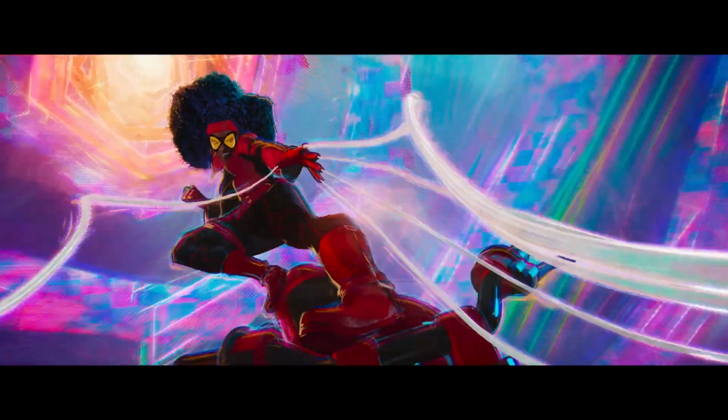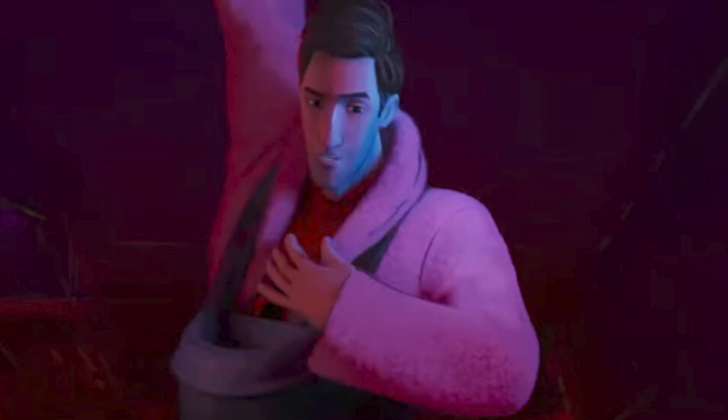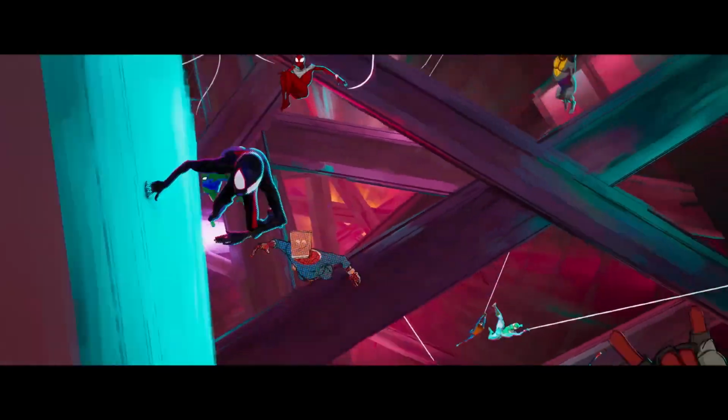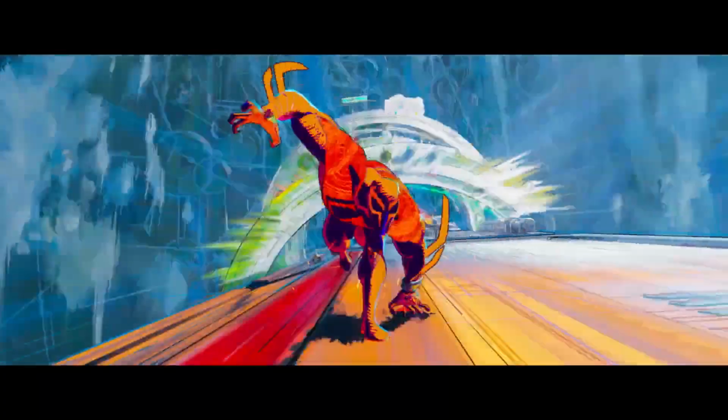There's also a cool detail regarding Peter B. Parker, the older, more worn version of Spider-Man from the first movie. In the shot we see his return as he drops from a ceiling. He appears to be carrying something over his shoulders, what looks like a baby cradle, which possibly is hinting at the fact that this version of Peter could actually be a dad. Now we know that while this Peter went back into his own dimension, could things have gotten better for him and MJ? If so, then this baby could be Benjamin Richard Parker, Peter and MJ's son from the